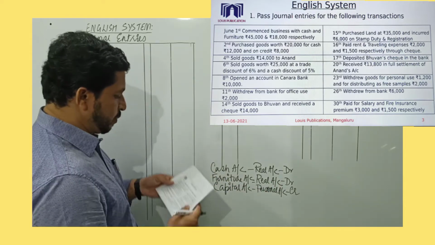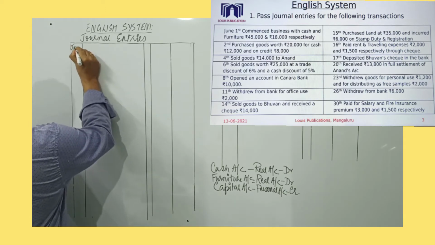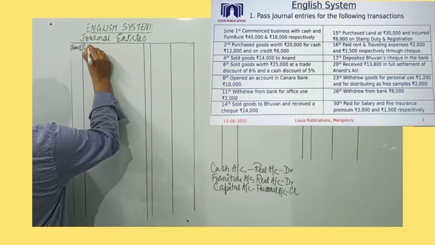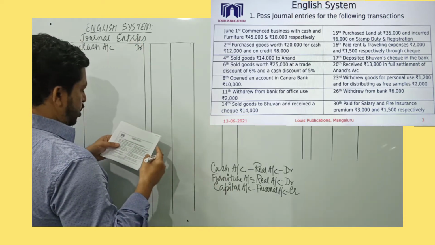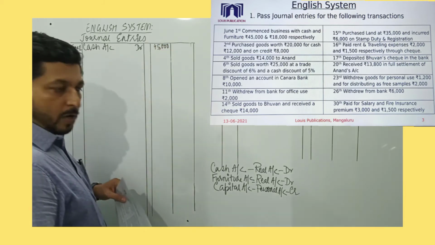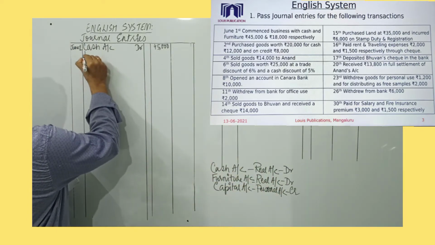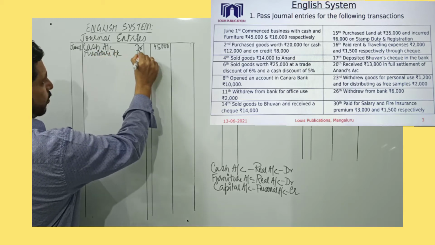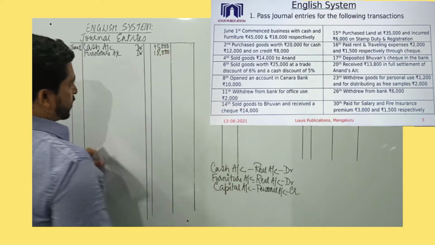So how do you record this particular transaction? So date is given June 1st. There is no mention of the year, so I record over here June 1st. We will record the debit aspect first. I record cash account debited. Cash value is given 45,000. So I record 45,000 in the amount column. Then we have furniture account which is also debited. So again, furniture account from the left hand side in the particulars column. So I record furniture account debited. The value of furniture is 18,000.